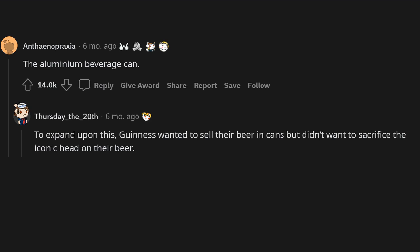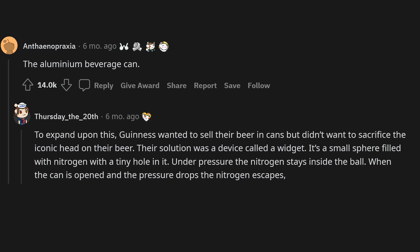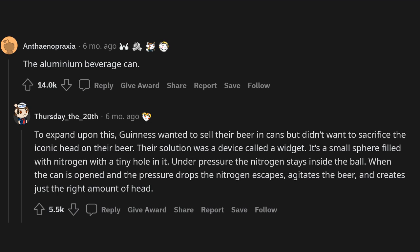The aluminium beverage can. To expand upon this, Guinness wanted to sell their beer in cans but didn't want to sacrifice the iconic head on their beer. Their solution was a device called a widget. It's a small sphere filled with nitrogen with a tiny hole in it. Under pressure the nitrogen stays inside the ball. When the can is opened and the pressure drops, the nitrogen escapes, agitates the beer, and creates just the right